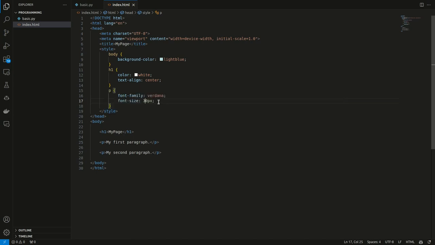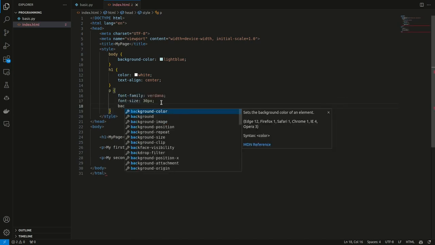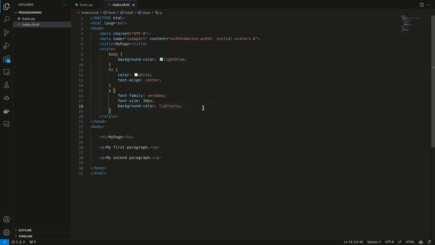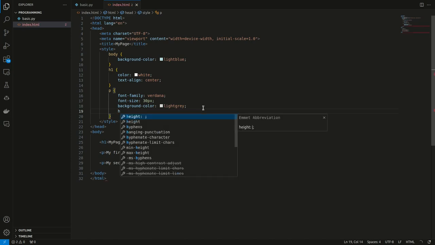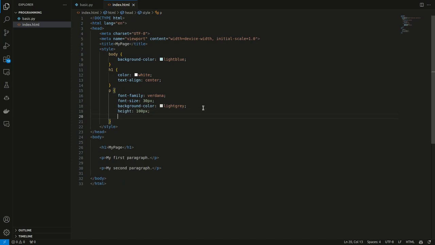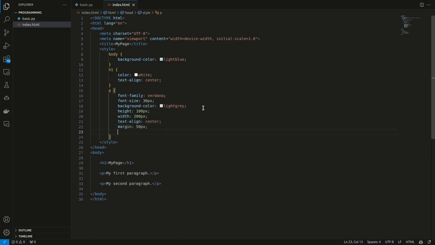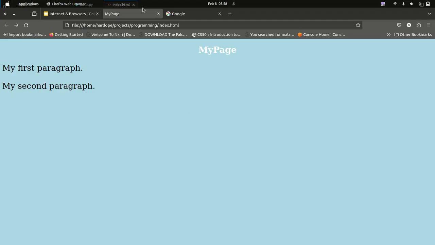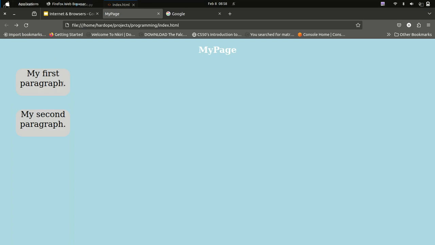So let's say we have a background color for the p tags. Let's say light gray. So let's take a look at what I've done. I will come back and explain this in a bit, but let's take a look at what it looks like now. Now you can see we have things like this.